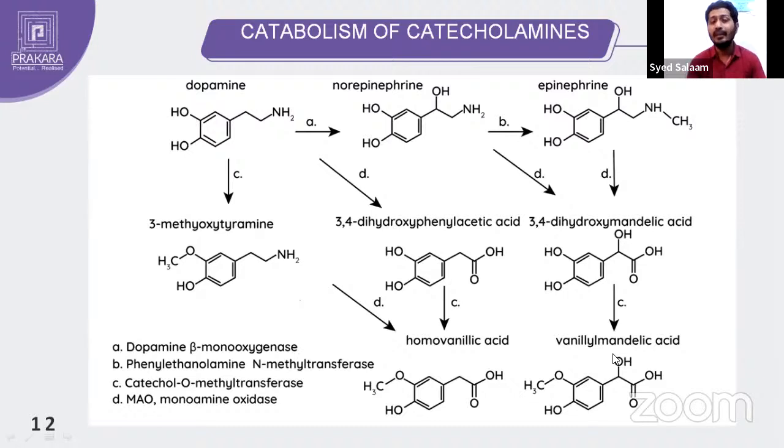can be easily eliminated through excretion, so that the effects of these neurotransmitters get stopped or halted, because after showing their respective response, they need to stop their work. That is why catabolism is important: it has shown its effect, but it has to stop after a certain period of time. For example, if blood pressure is increased, after some time it has to come back to normal. So metabolism of these neurotransmitters is also